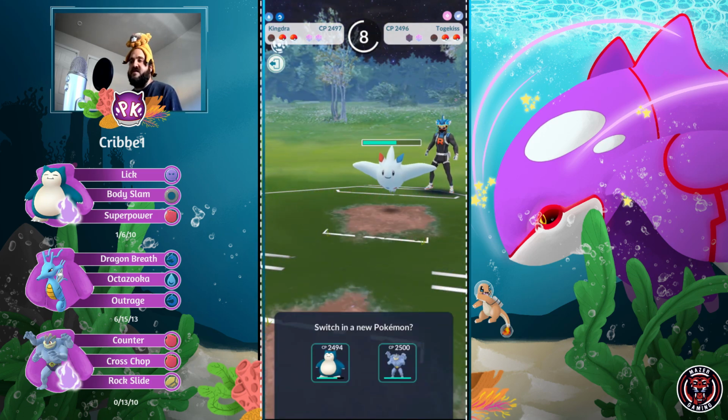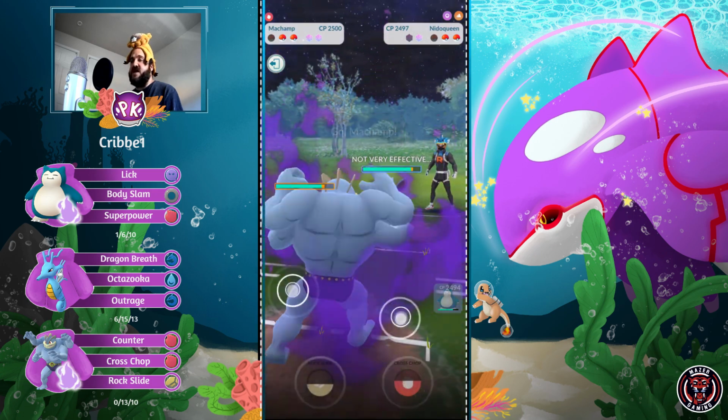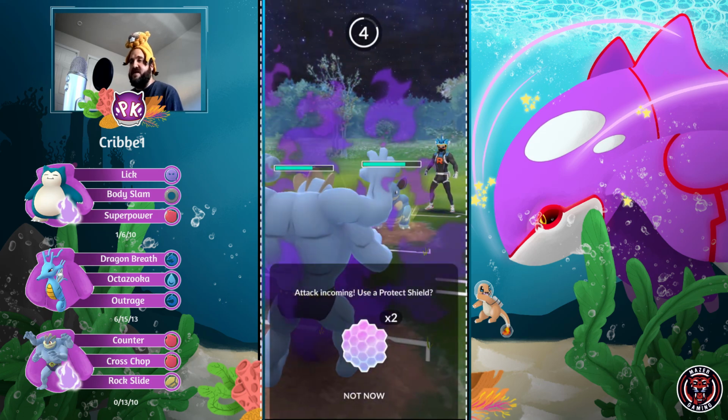Unfortunately, you can't get to an Octazooka, but that should be fine. You just bring in Shadow Snorlax at this point in time. And they do switch into Nidoqueen. So out comes Machamp. Okay, so Machamp doesn't really have a good matchup against Nidoqueen, but I